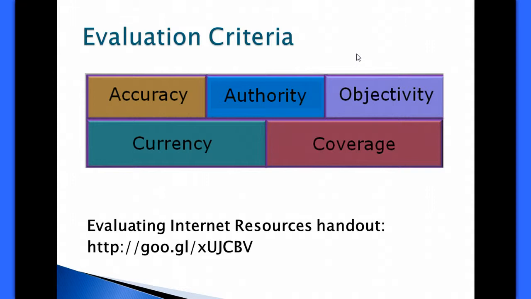As you can imagine, there's a lot of information we could cover here about how to make sure that something is a credible source when you're talking about the web. So there has been a handout designed if you'd like to look at this more closely. You can see the short link on the page, but I do encourage you to look into that handout further. It's about 6 pages long. It talks about how to evaluate internet resources and goes into much more detail than we have time to do today.